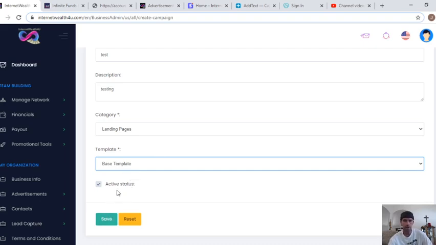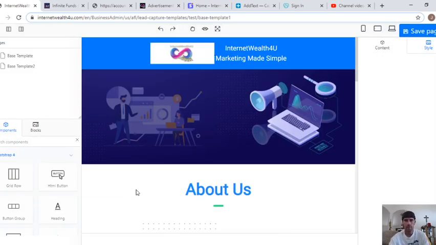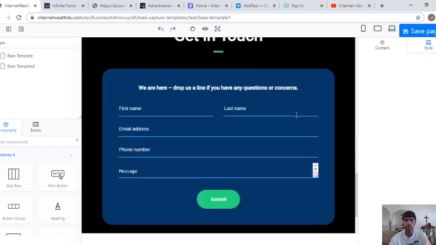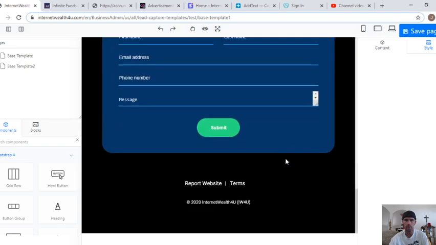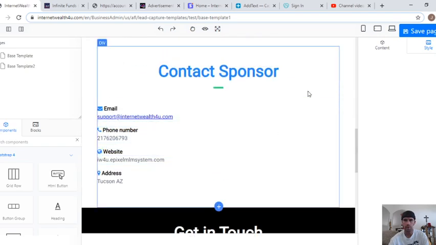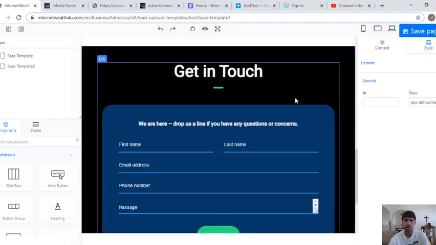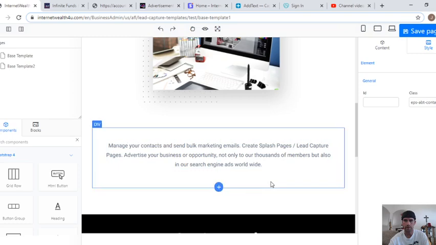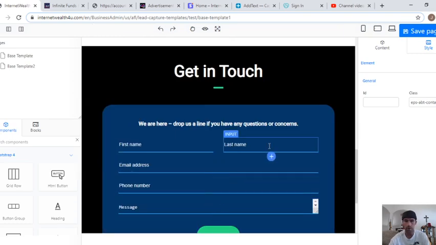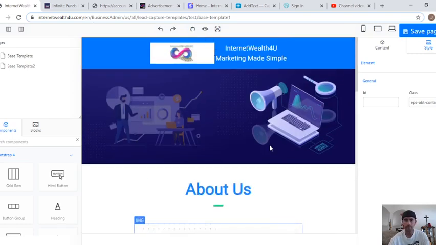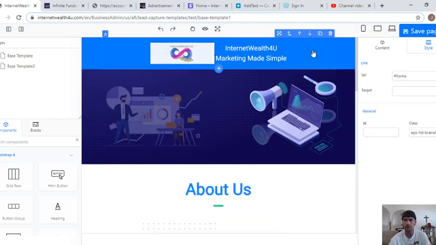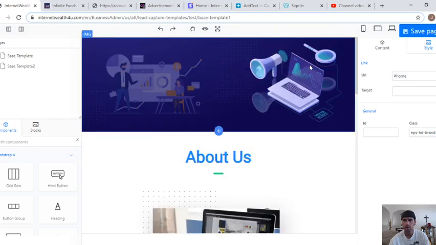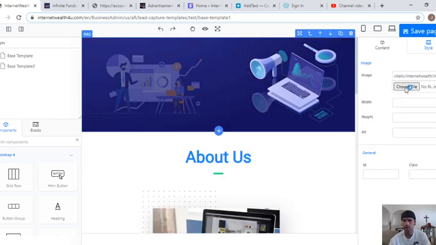Right now though, I'll just show you what the base template looks like here. We hit save, and then it'll open up the template for us to modify. Usually what I do first thing is I kind of come through and decide what parts I don't want. Like, I don't need this window that has my contact info, so we deleted that because there's a contact page right here. So then I like to come in and get rid of some of this stuff, change this picture,